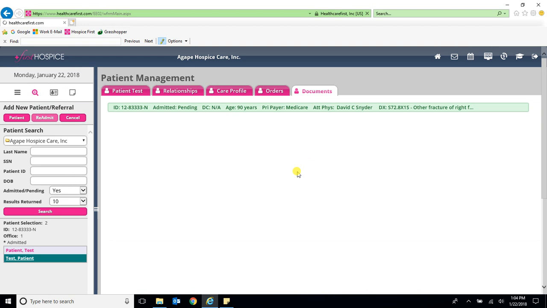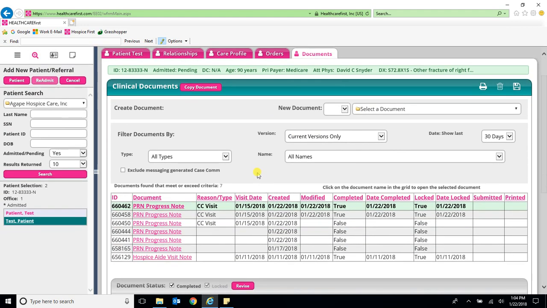Now, the second thing that I want to show everyone is how to document on a visit that extends past the midnight mark. So this is to say that I start my visit at 7 p.m. on the 15th and I end my visit at 7 a.m. on the 16th. In this case, you'll go SN again,